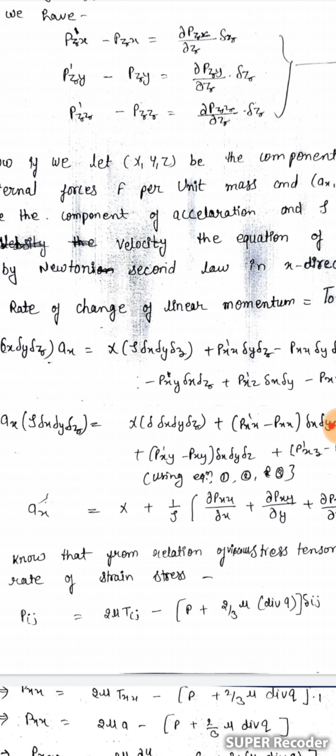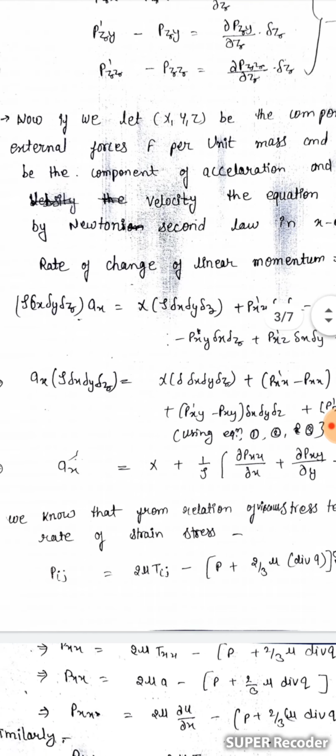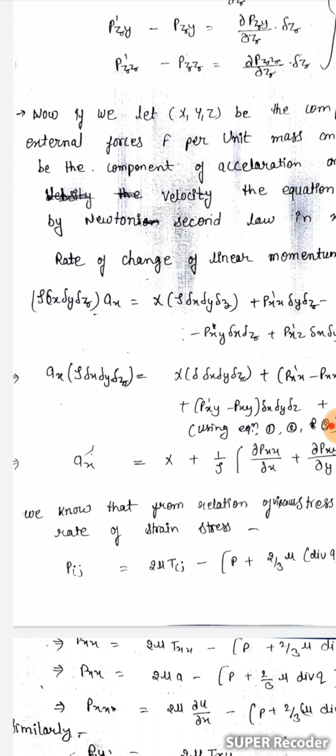Then Ax into rho delta x delta y delta z is equal to capital X into rho delta x delta y delta z plus (P'xx minus Pxx) delta x delta y delta z plus (P'xy minus Pxy) delta x delta y delta z plus (P'xz minus Pxz) delta x delta y delta z. Now using equations 1, 2 and 3, we get Ax is equal to capital X plus 1 upon rho times delta Pxx upon delta x plus delta Pxy upon delta y plus delta Pxz upon delta z. This is our equation number 4, where capital X, Y and Z are the components of external forces